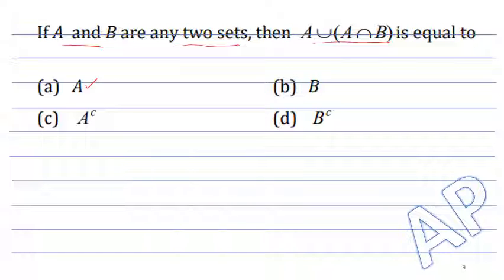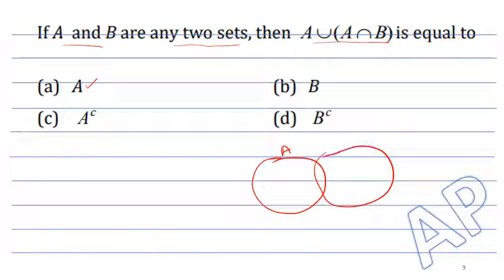Now see, first I will consider a set A. So let us take it as set A, and I will take a set B. Now, as you know, A intersection B is this one. This shaded region that I marked is A intersection B. Now, A along with A intersection B, I will